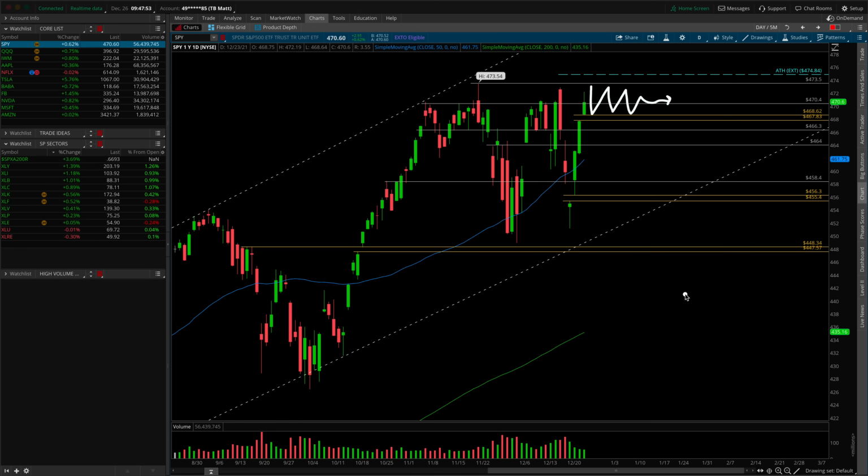Now, if that happens, then fine, don't fight that. But I wouldn't be overly ambitious about a breakout, is what I'm getting at. The other thing I wouldn't be overly ambitious about is a huge breakdown, right? If you think about it, who's going to show up at their desk on Monday morning after the holiday season